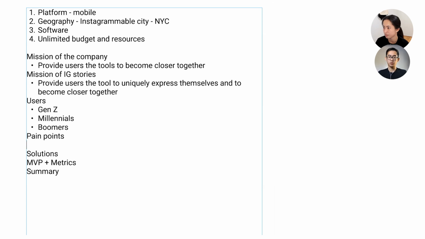And is there any reason you wouldn't choose millennials or baby boomers? They have very different behaviors. So I think it really depends on what exactly the problem is that we're trying to solve here. But if we want to just improve the experience for stories, and assuming that Gen Z uses stories more than millennials and boomers, I think it just makes sense for us to go after Gen Z. Okay, so you're targeting based on opportunity and because Gen Z has the most usage on Instagram. Yes, that's right. Sounds good. Okay. Because we also want to make sure that we have the highest adoption. Sounds good. Okay, cool.